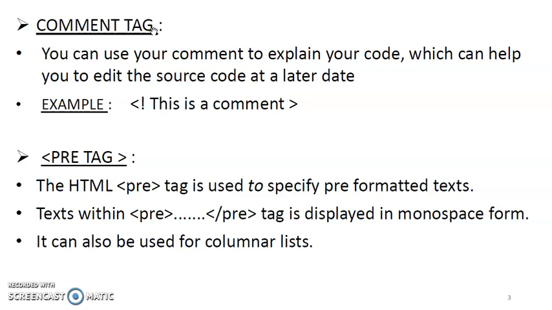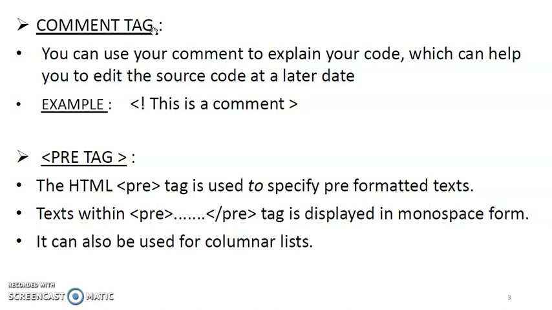Okay. Now see, your next tag is the pre tag. Now what is the meaning of pre tag? It is pre-formatted text. Means what? The pre-formatted text is displayed in a fixed width font. Okay. So it maintains both the space as well as the line break. And the second thing about the pre tag is what? It is a monospace type. Now what is the meaning of monospace type? It has the same width for each character.